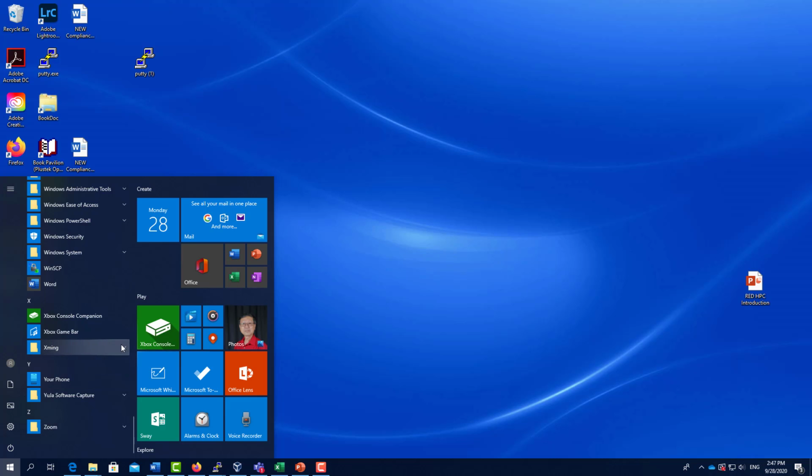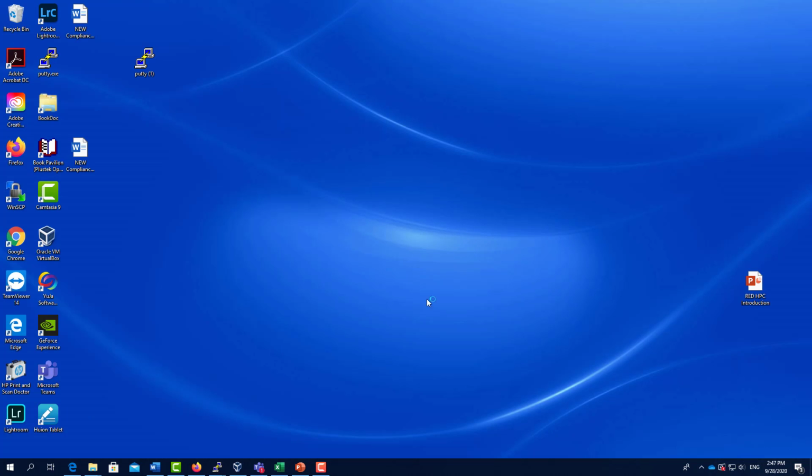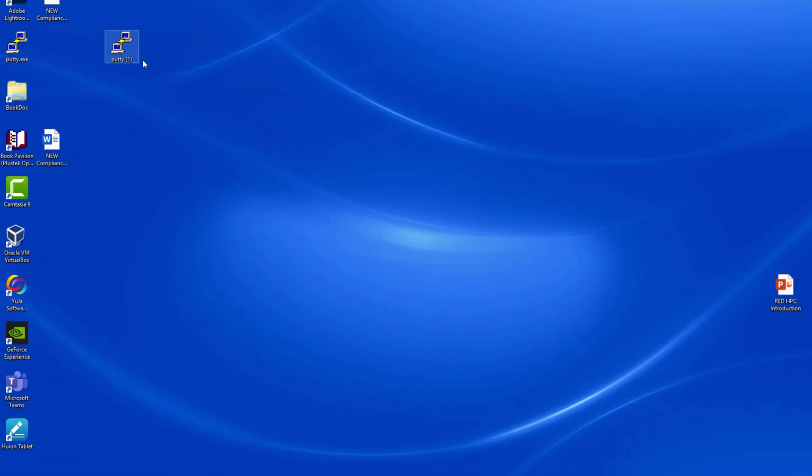Xming is installed on my desktop here. Click this one, Xming, and it runs in the background. You will see this X in the task panel. That means the X window is up and running. And then